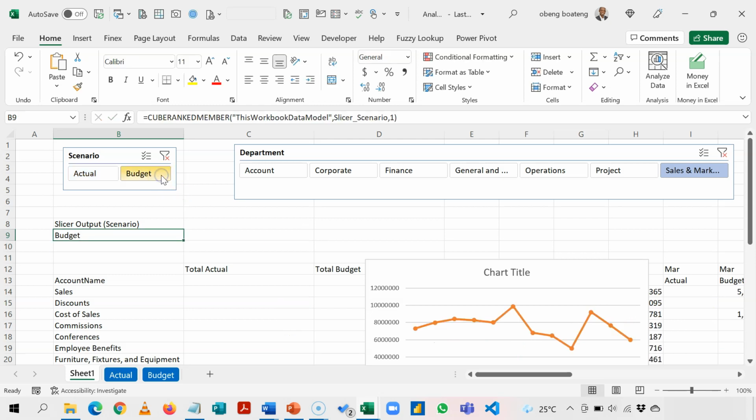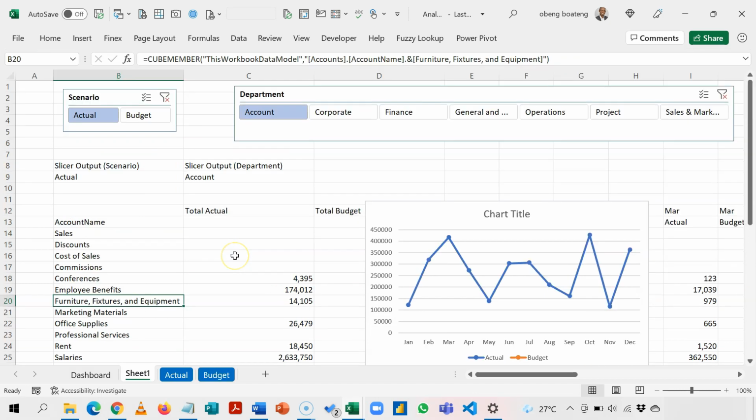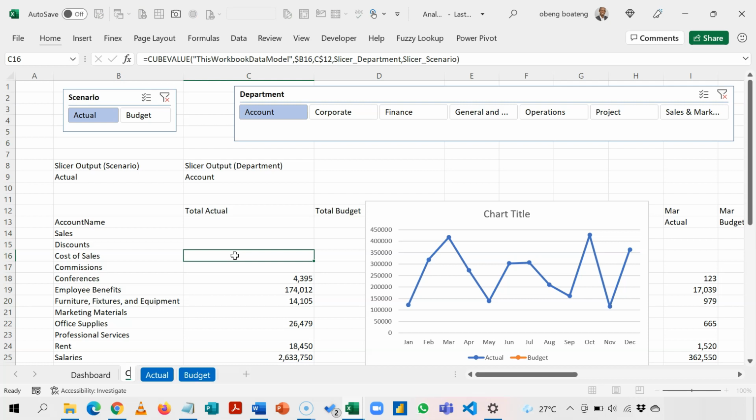When I click this, I have budget. There's a little caveat though, that if the user selects nothing, this reads all, but we'll take care of this when we design our dashboard. So we've just finished our calculations and we are going to move on to our dashboard design shortly. I'm going to rename this sheet calculations,